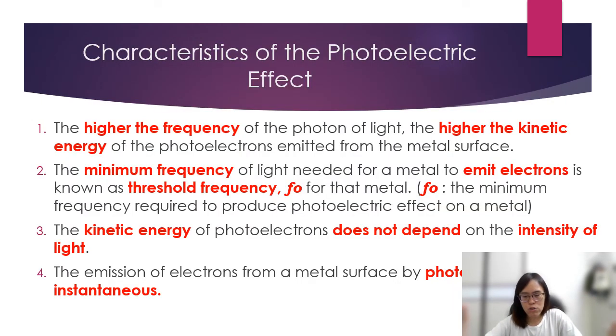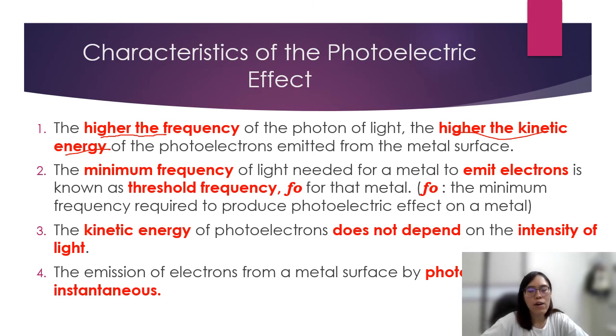We have already talked about what is photoelectric effect. Now we are going to look at the characteristics of the photoelectric effect. Photoelectric effect, as I mentioned, is the process of the metal surface being illuminated by light with certain frequency, which then allows the electron to escape out from it. So frequency will affect the photoelectric effect. Here we can see the higher the frequency, the higher the kinetic energy of the photoelectron emitted